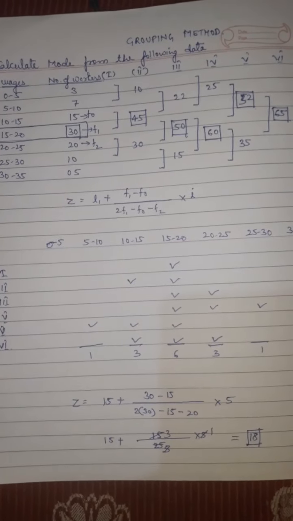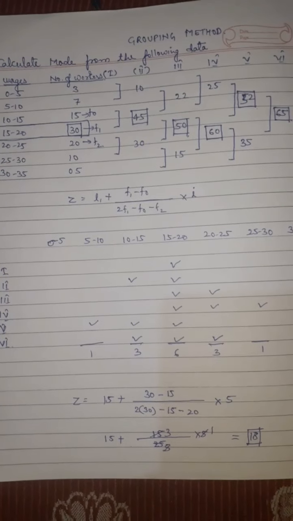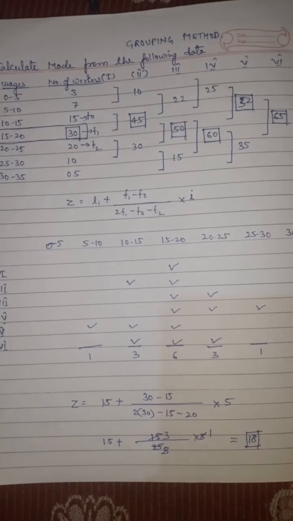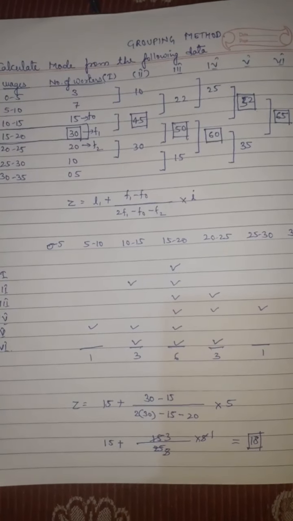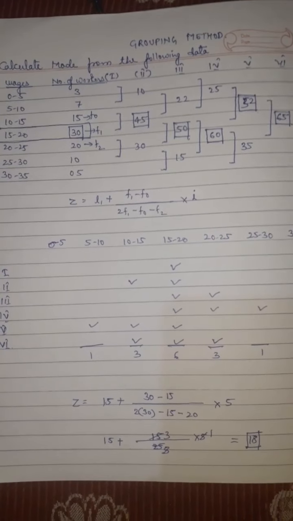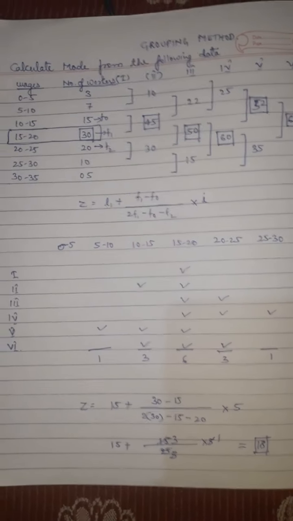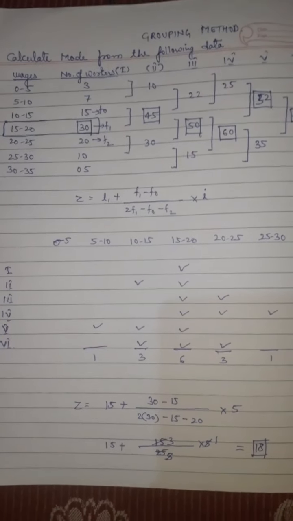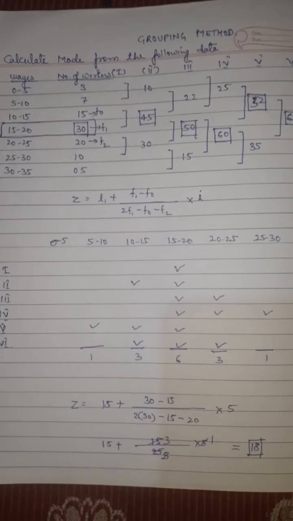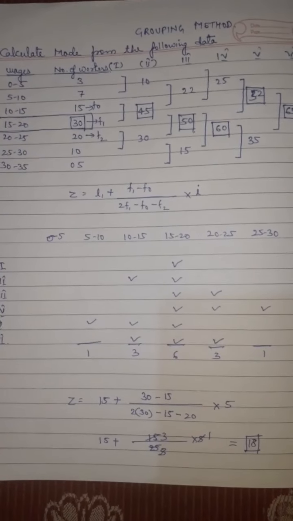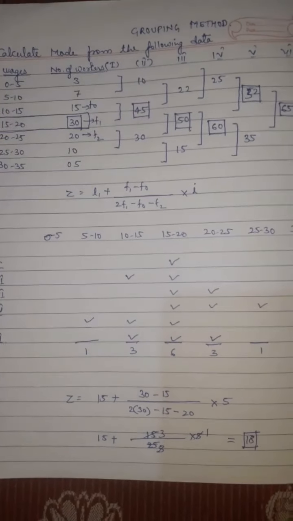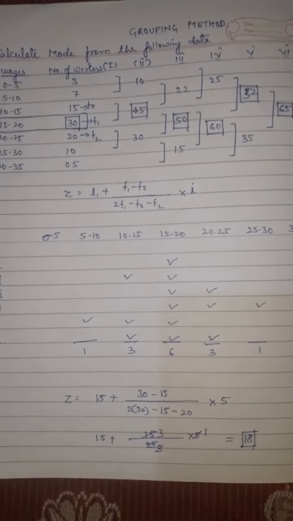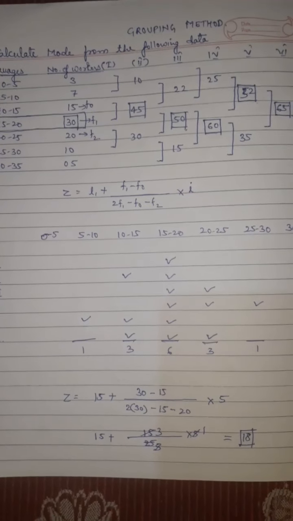I hope the question is clear. You can try and solve some more questions, any problem, your queries are always accepted. If there were direct numbers like 5, 10, 15, 20 instead of class intervals, then we need not apply the formula. जो हमारी मॉडल क्लास आती वही हमारा आंसर होता. So try and solve some questions and let me know if you face any problem. Thank you.